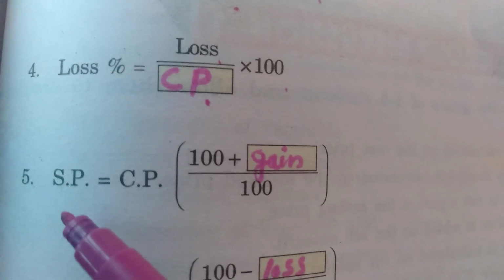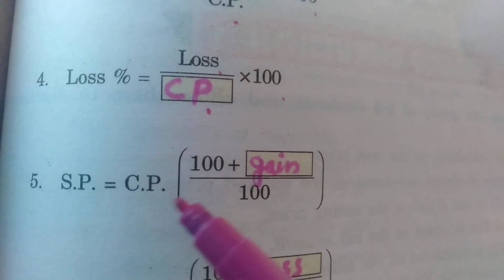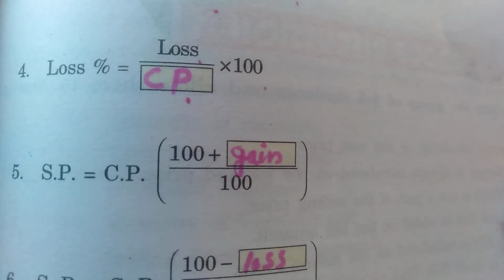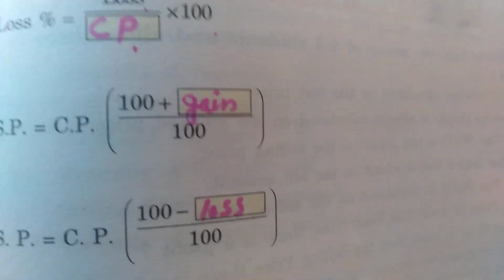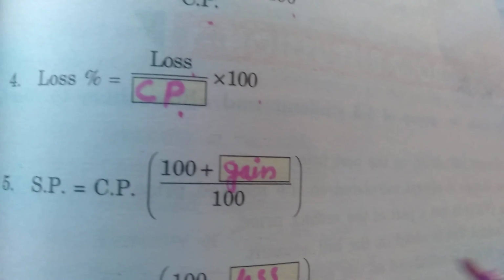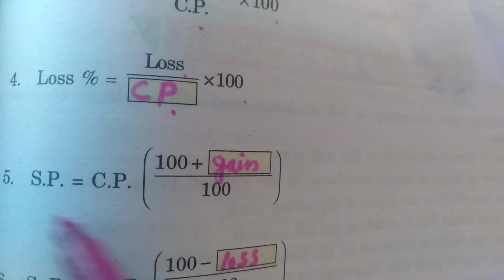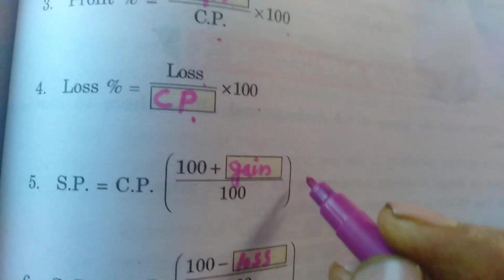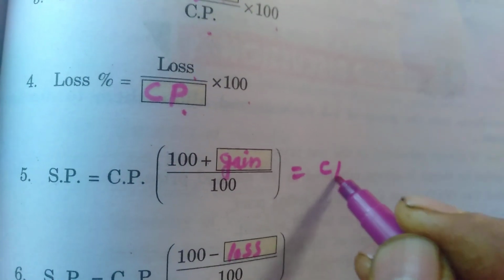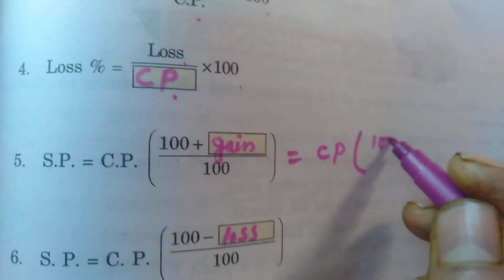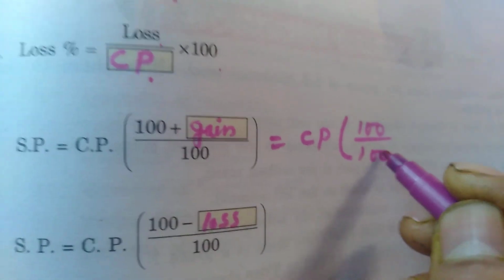Then SP, selling price, is cost price within bracket 100 plus gain percent upon 100. So this will be whatever we calculate, that gain calculated on the CP. The same you can write as CP. If you just split, then this is 100 upon 100 plus